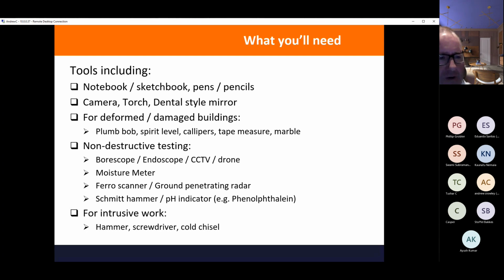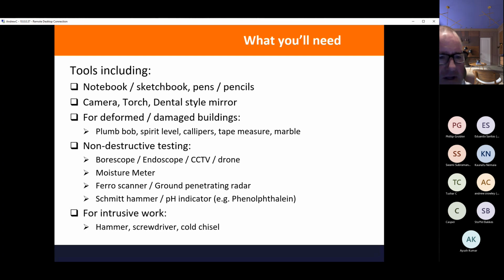More advanced, you can go on for non-destructive testing. So the things called borescopes or endoscopes. Now, the modern endoscopes have got fiber optic cables and high quality illuminated cameras on the end of them and can penetrate quite far. What you'll need to do is a little bit of opening up, so a small hole, and you can insert your endoscope just like a doctor does.